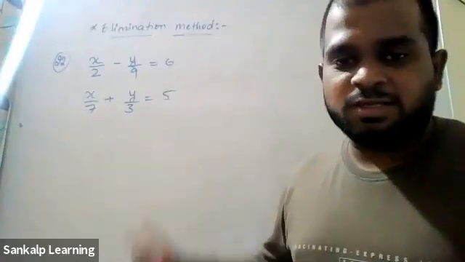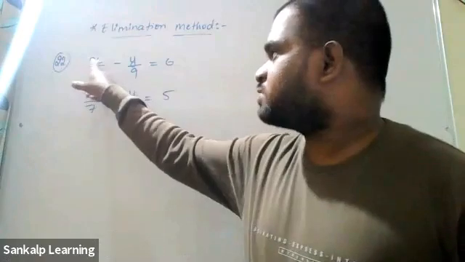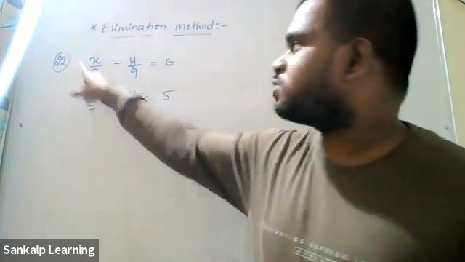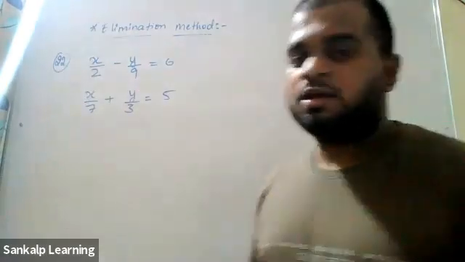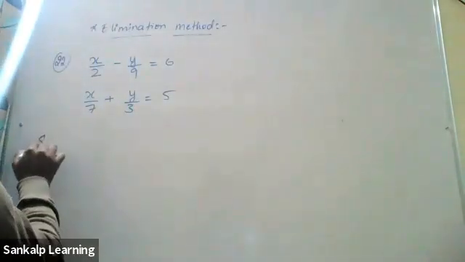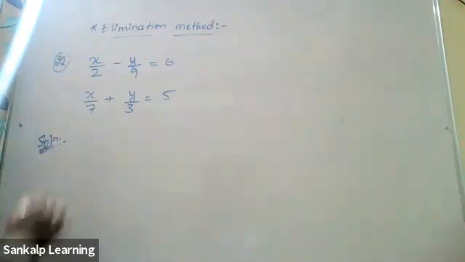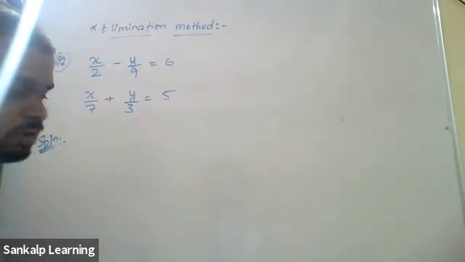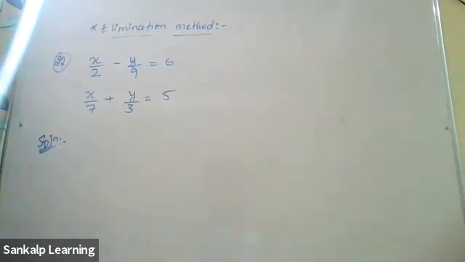Last time there were decimals. This time there are fractions. The x coefficient is 1 by 2. It's not only 2 in the denominator, so it is 1 by 2. Here it is 1 by 9. So you have to convert it. How do you do it? So let me ask. Yes, Kirtana, could you tell me what we should do to get it in the standard form?